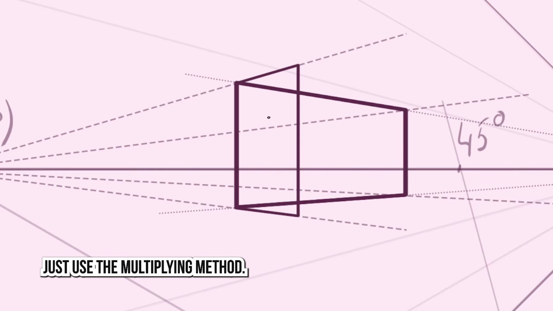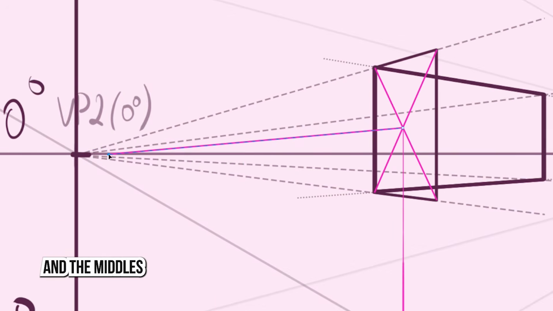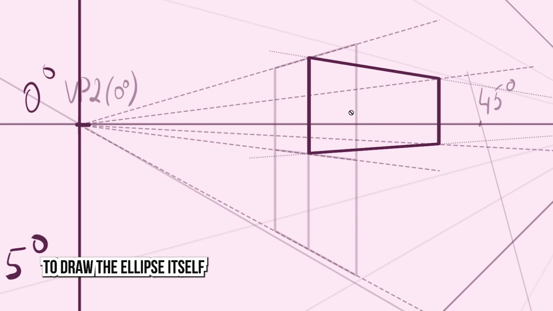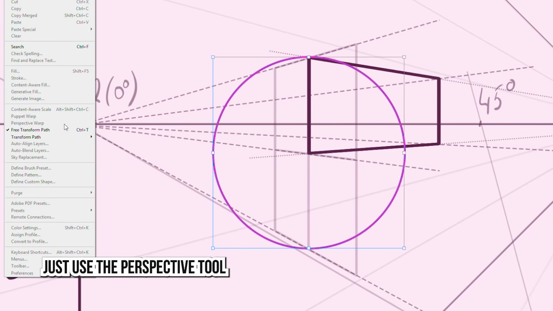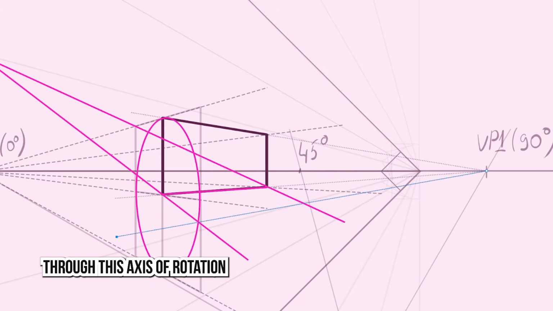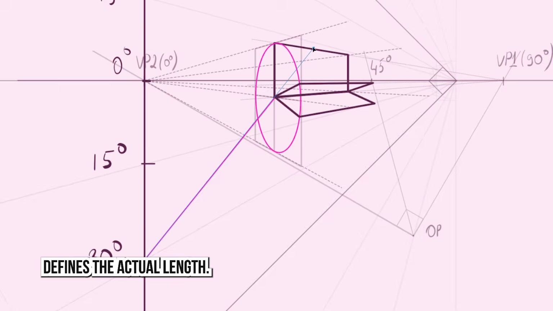To find others, just use the multiplying method. Define the center point and the middles. Diagonals through these intersections will show you the size. To draw the ellipse itself, just use the perspective tool, and the box as a reference. Guides from any vanishing point through this axis of rotation will show you the tilt, and the ellipse defines the